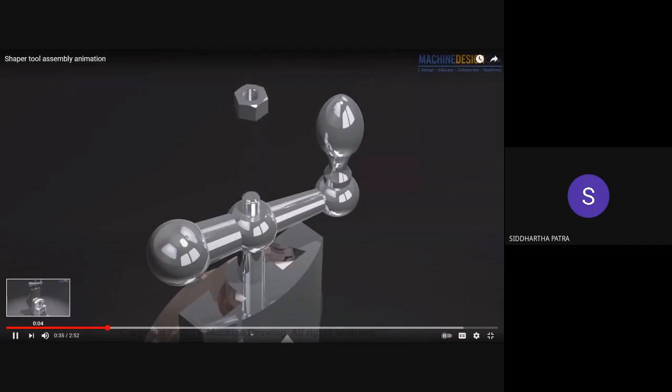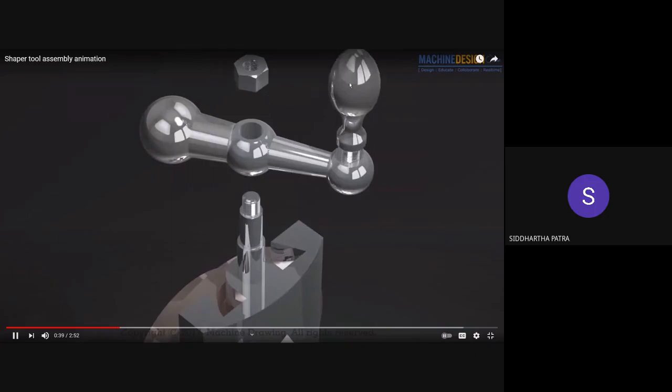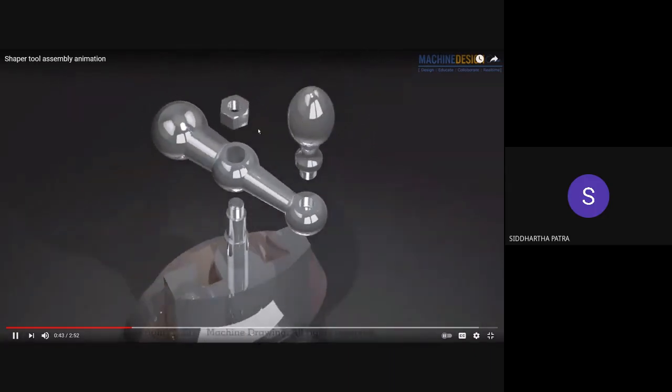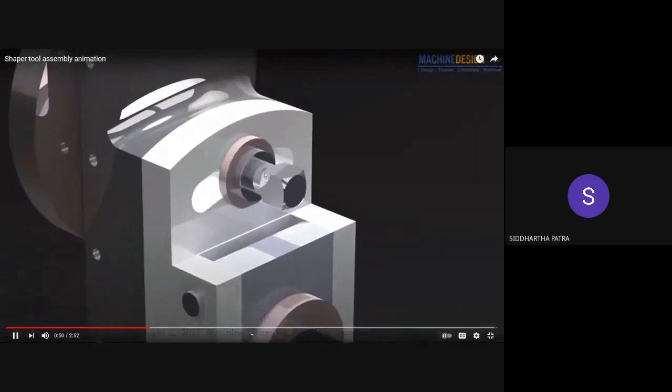Okay, so there is this main spindle through which the handle is attached, and this particular shape of the handle is elliptical or ellipsoidal, and it is attached with the help of a nut. Then there is a clamp screw with a washer.